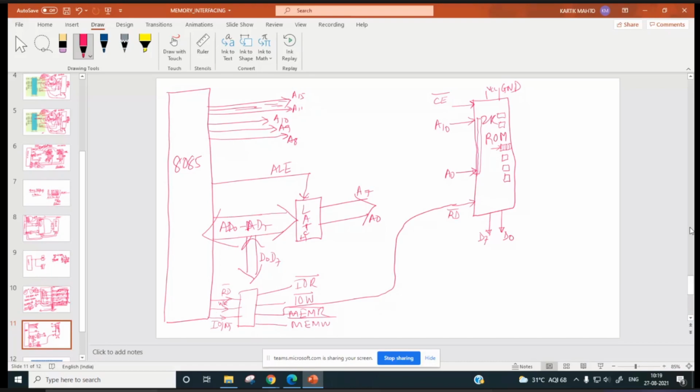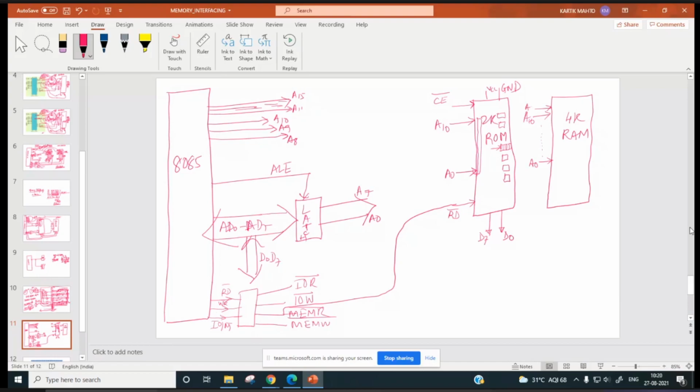Now you need RAM also for storing your program and data. So suppose we have a 2K RAM also. So how many address pins will be there? A0 to A10. Suppose if you need more RAM, if you increase this to 4K, then how many?